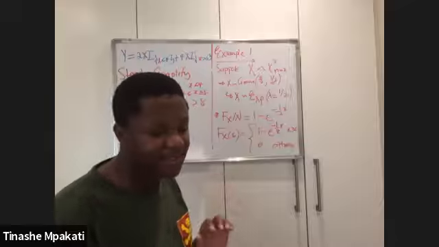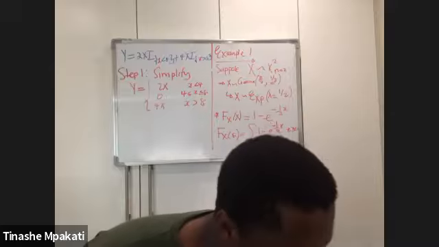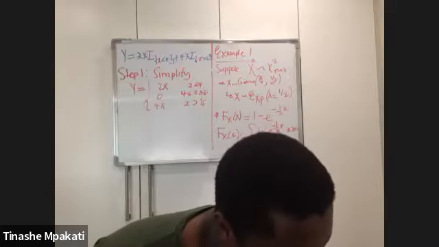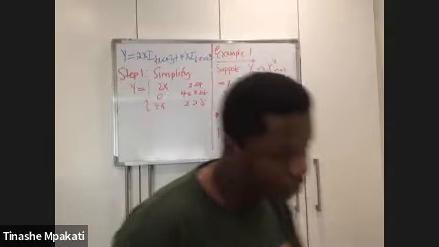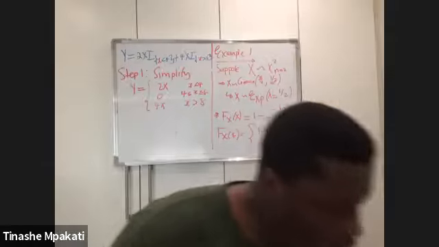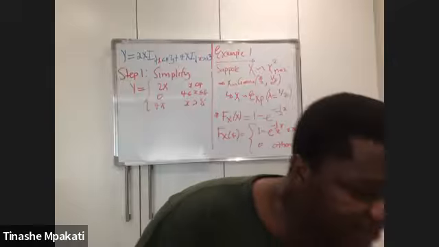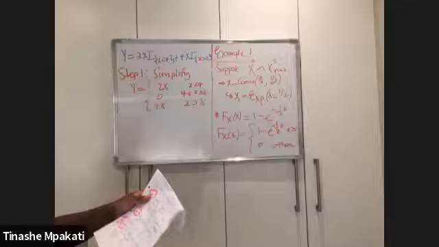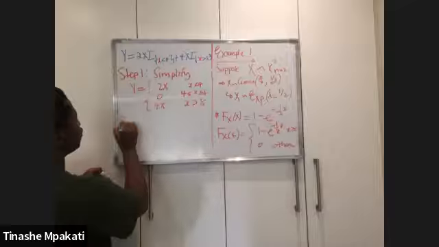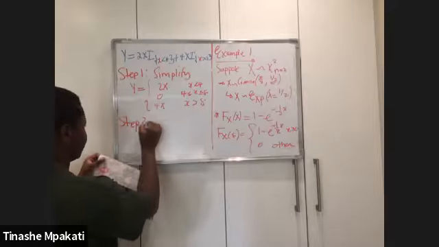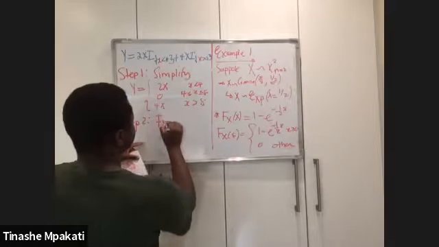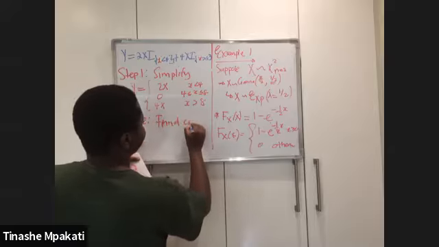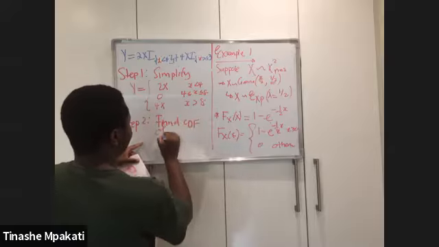So that must always be your first step whenever you get something like that. Cool. That's something you must always do when you get a question like this: you first break down the indicator function into something that you can use. Then your step two is to find the CDF of x, right?